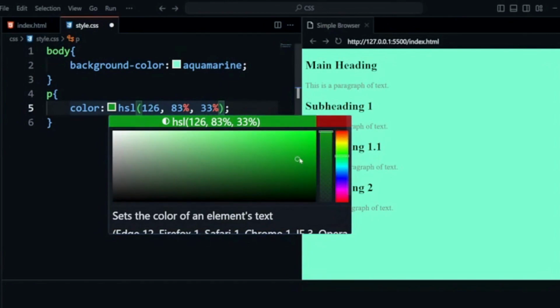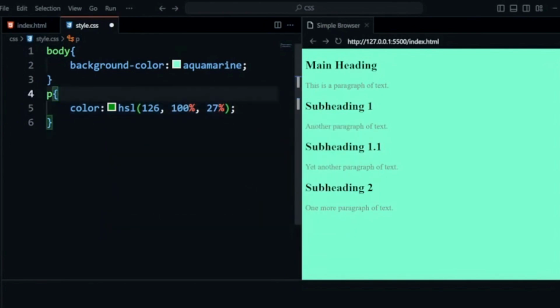If I go from left to right, you can see a decrease and increase in saturation. On the left-hand side my saturation is 0%, and if I go to the right side, my saturation increases to 100%. So these are some common ways to set your colors.